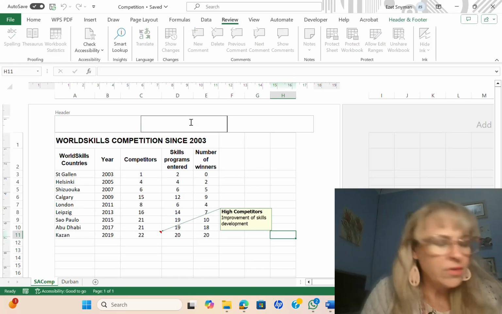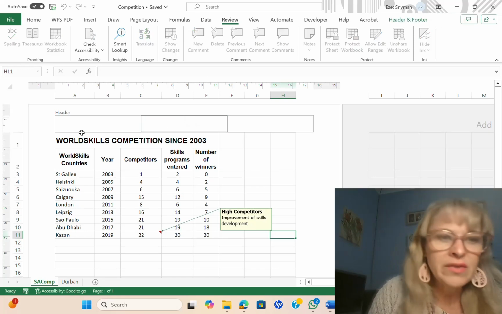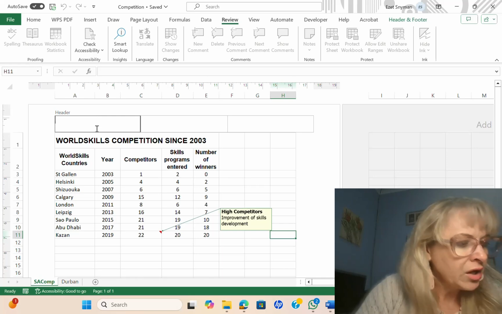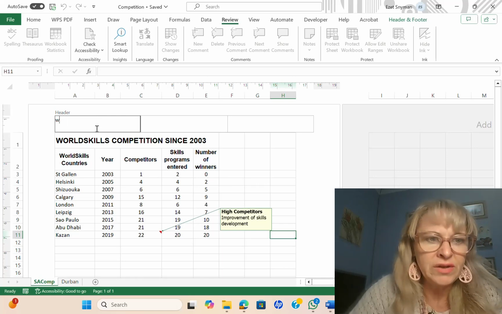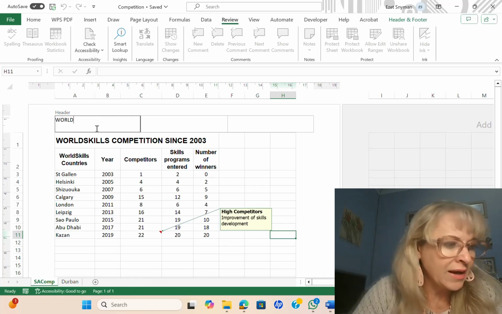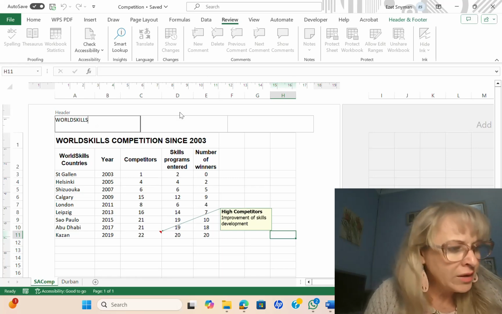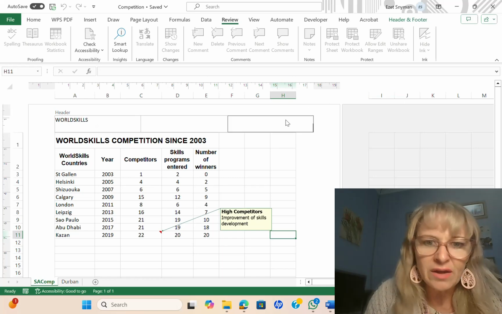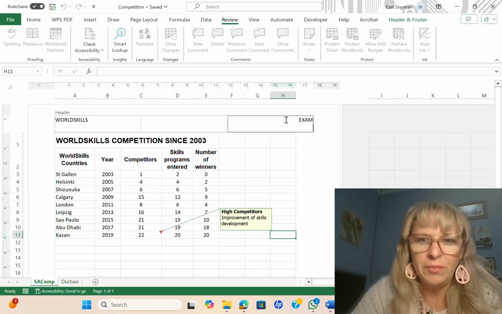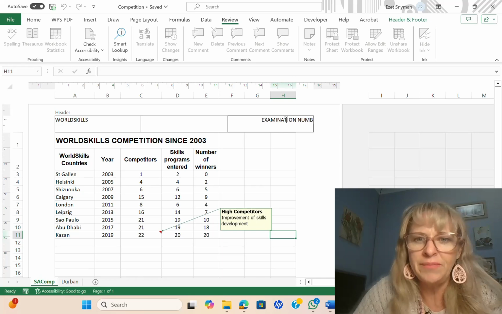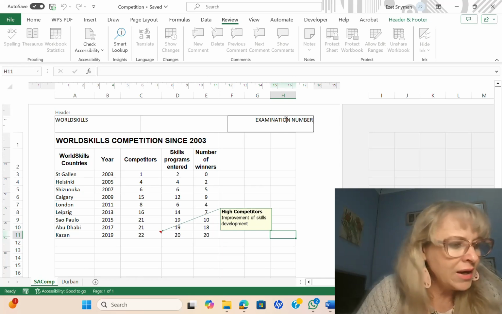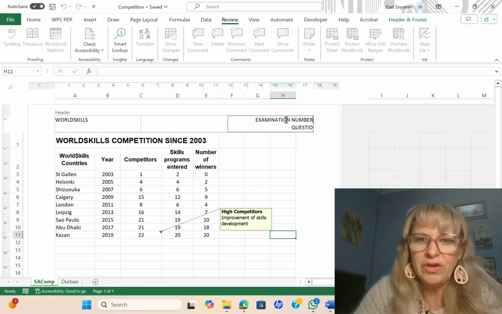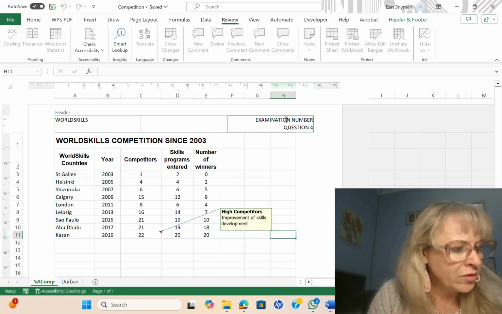Now they want it in the left section of the header, you're going to type WORLD SKILLS in caps because they did it in caps. And then in the right, that's where they want you to type your examination number, and you're going to enter and then say question 4 in the right.